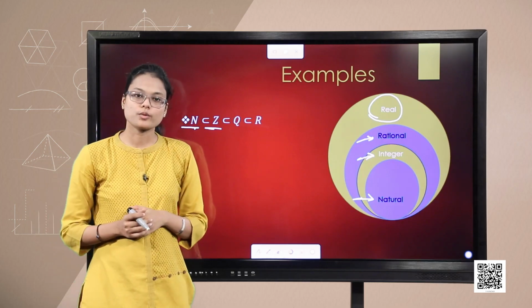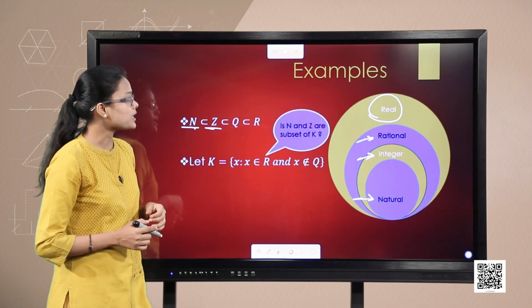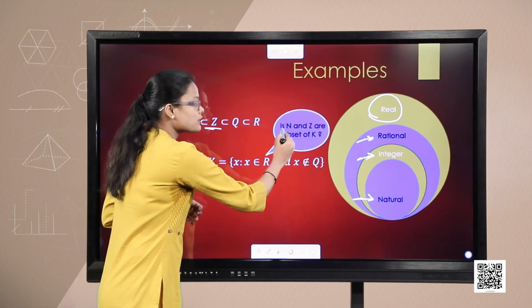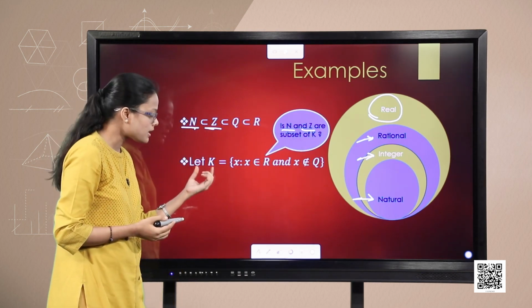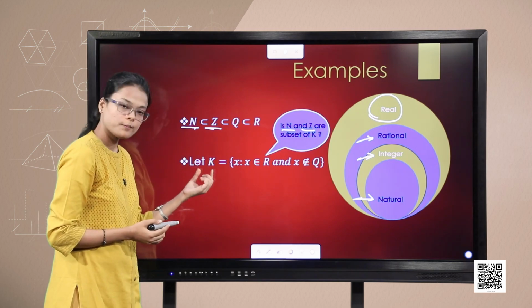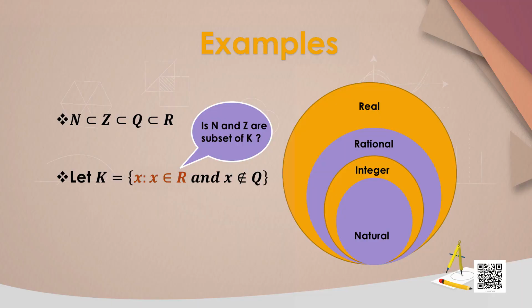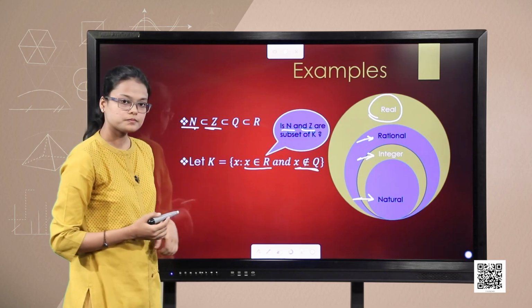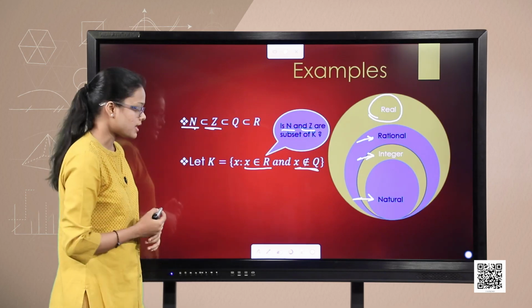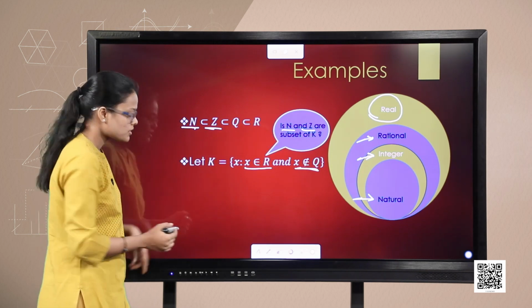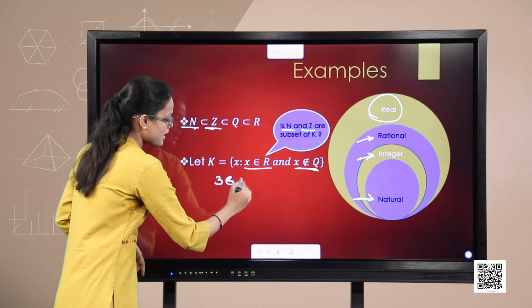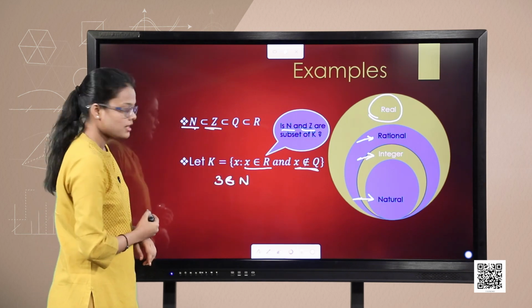So, let me ask you one question. Are the set of naturals and the set of integers subsets of this given set K? And what is this set K? K is the set of all those real numbers which are not rationals. So, let us suppose N is a subset, then every member of N is also a member of K. So, that means if I take 3 as a member of N, then